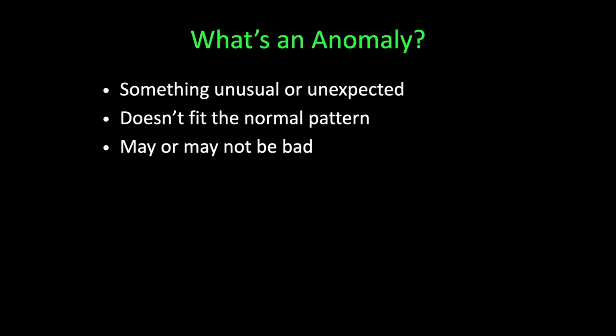And especially in cybersecurity, the same idea holds. Networks, systems, and people have normal patterns. When something falls outside of that normal pattern, we call it an anomaly. That's the core, really, of what we're going to explore. An anomaly is simply something that's unusual or unexpected compared to the majority of what you would normally see.